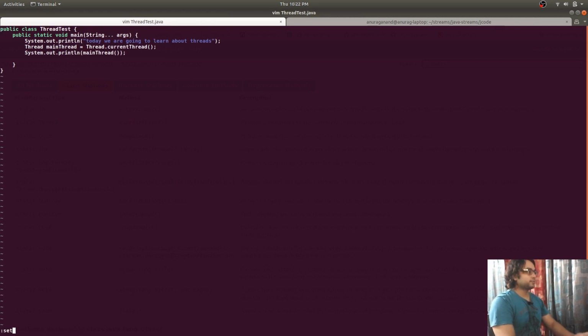Okay, my mistake. The problem is that the main thread is an object, and I'm calling a function on it.